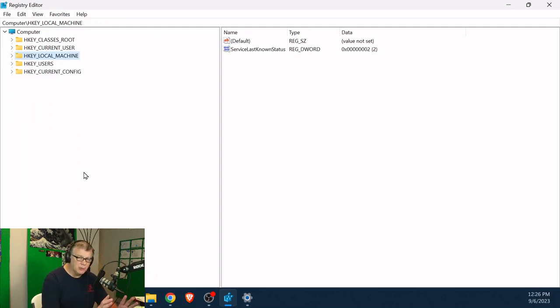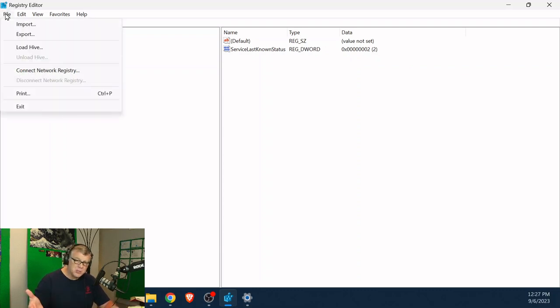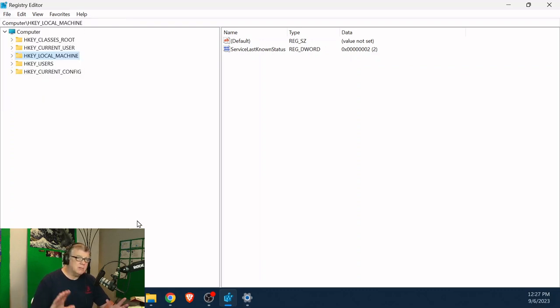Now, I need to be real careful because this is my live machine. So I'm not going to make changes. I'm not going to make accidental changes or anything like that. Normally, what we would do, we've talked about imaging before, I would image the machine. If I couldn't image a machine, I could export the registry and work on the export file. But I'm not going to do that. I'm going to be very cautious.